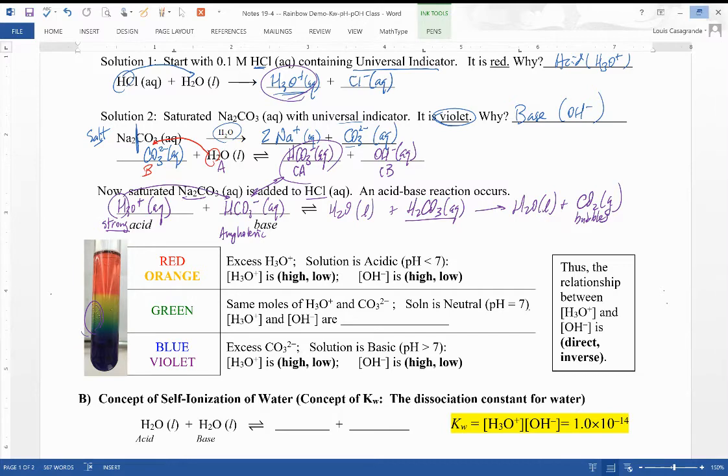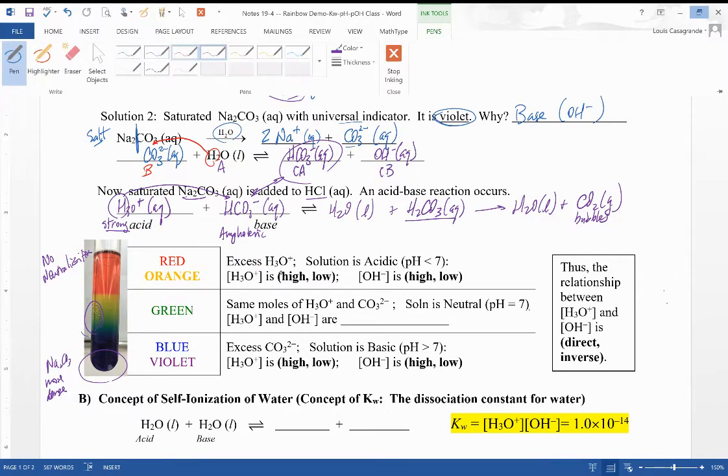Up near the top, because the sodium carbonate went down to the bottom, that sodium carbonate solution was more dense. So it sunk down to the bottom. Near the top, there's virtually no neutralization. There's no reaction because there was no interaction of the sodium carbonate with the hydrochloric acid. So up near the top, we still have a high concentration